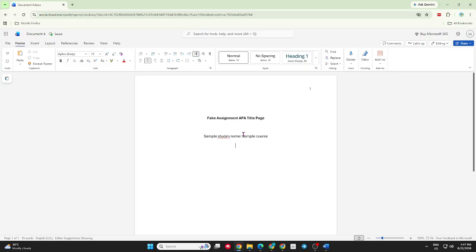Next, type your instructor's name and press Enter once more. Finally, enter the date you are submitting the assignment. Use the month, date, comma, and year format. Once all the required information has been added to your APA title page, you can move on to the second